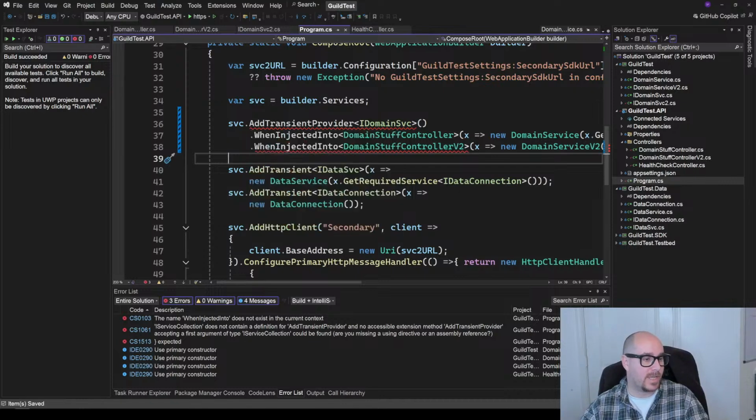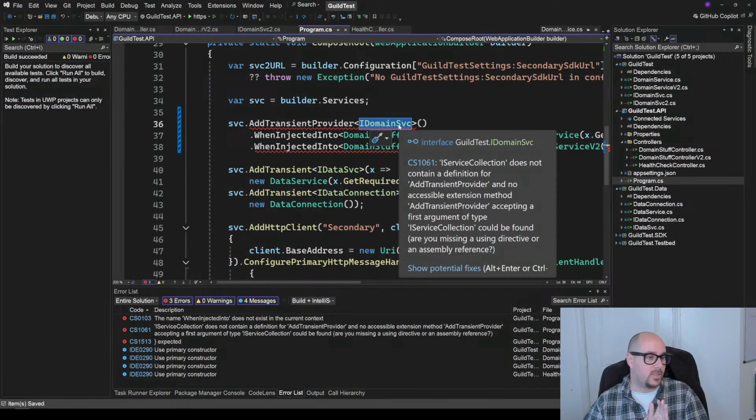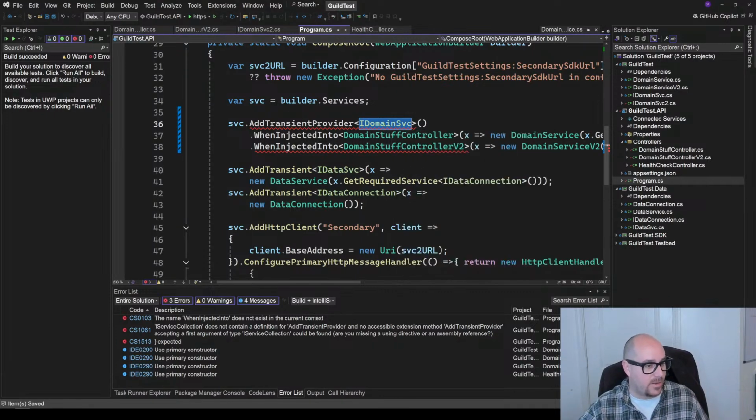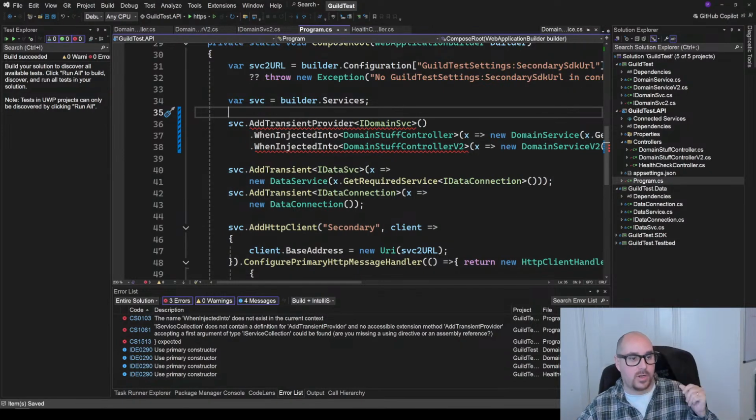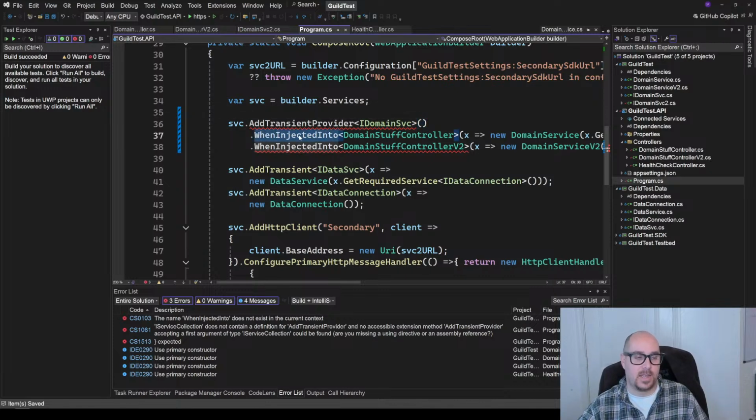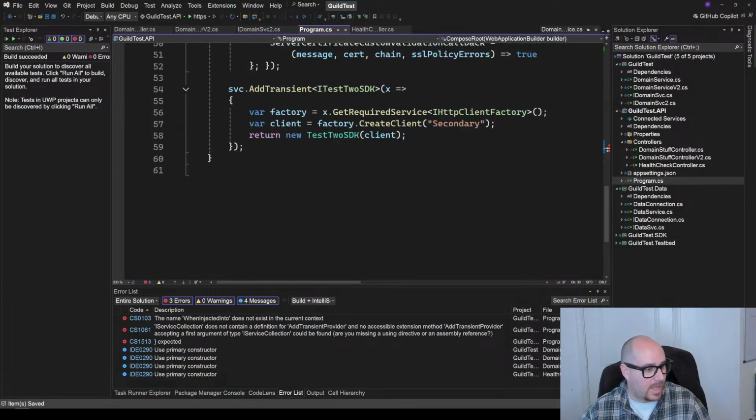So in order to do this, like I said, I need to track that this is our goal. So what I'm going to do is add transient provider will create a temporary class. So instead of add transient returning the current iService collection, I'm going to have it return a temporary class that can be built upon. And then from that temporary class, I'll have an extension called WhenInjectedInto that you can build upon. When it's injected into this, do this. So that class will be called